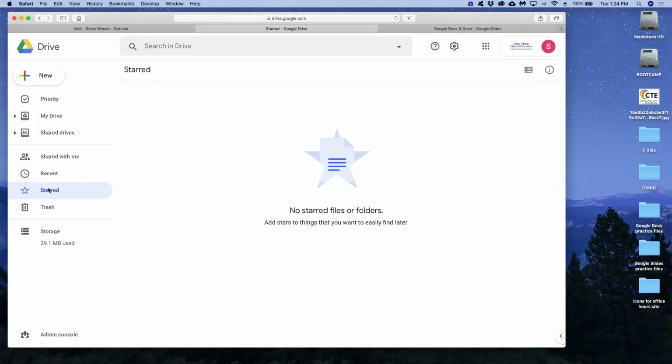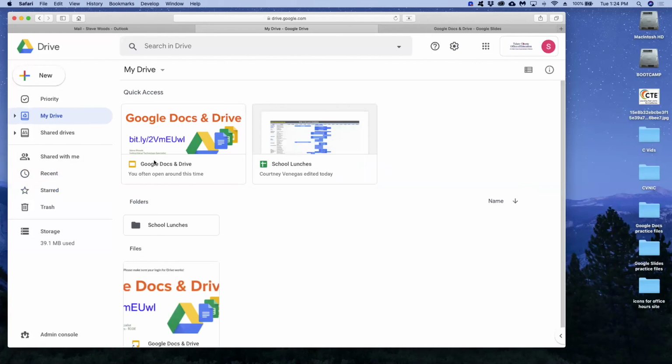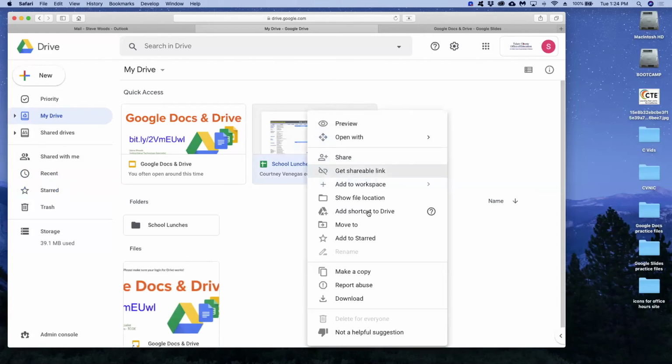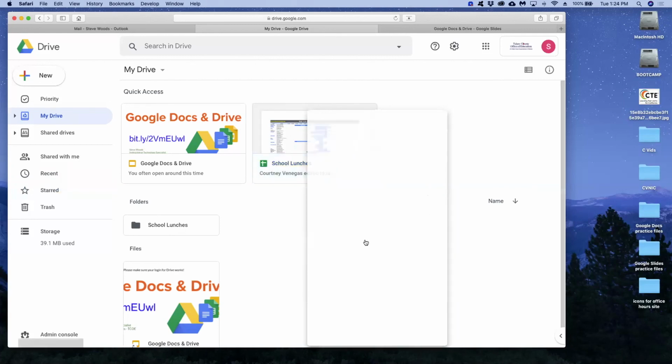So what they do is they add a star to it, and when they do, it shows up here. So Monday, when they come into the office, they click here and they see it. So I'm going to show how this works in action. I'm going to go to my Drive, and I've got, again, this school lunches file. If I right-click on it, you'll see that right-click works great on folders and files in Drive. Right here it says Add to Starred. So if I click that,